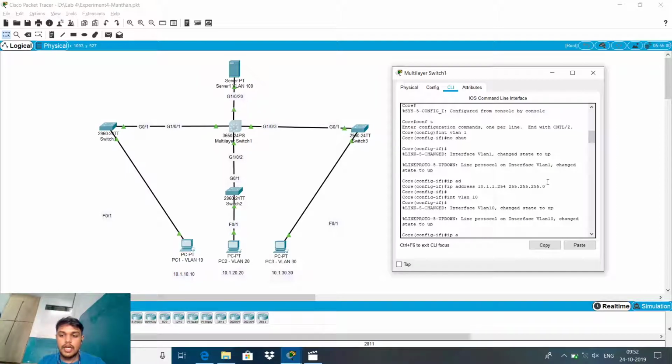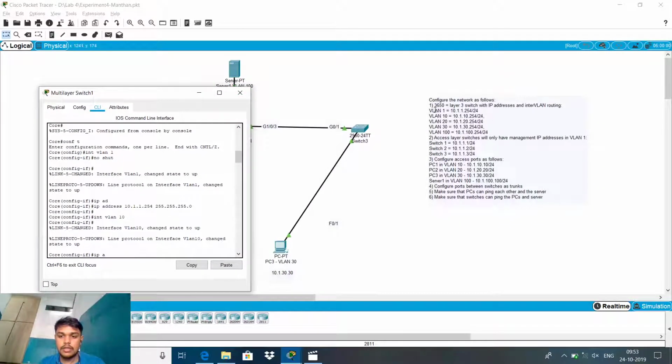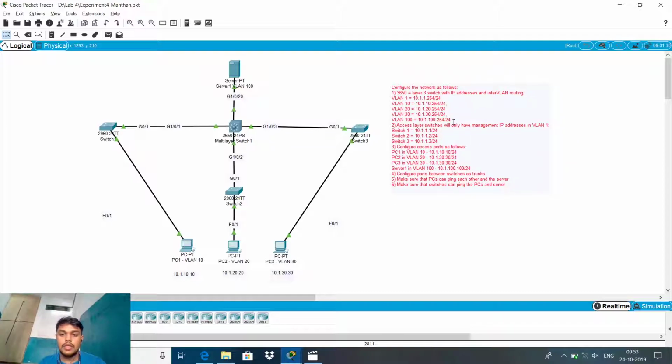So here we are assigning the IP address 10.1.1.254 with a subnet mask of 255.255.255.0. As you can see, we have been told to do that in these particular steps. VLAN 1 has an IP address in the range 10.1.1.0, and the last IP address is assigned to VLAN 1. So we're assigning the IP address 10.1.10.254 to VLAN 10, 10.1.20.254 to VLAN 20, and 30 and 100 and